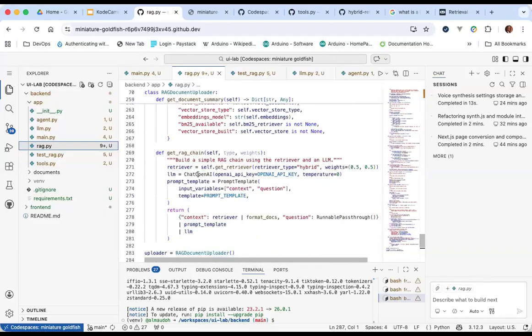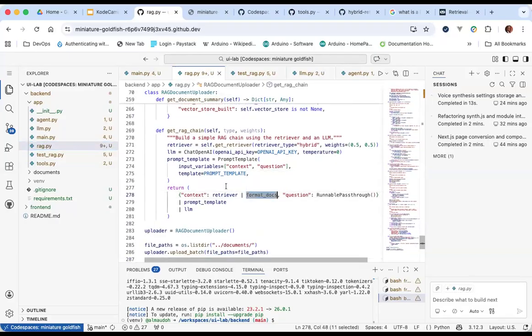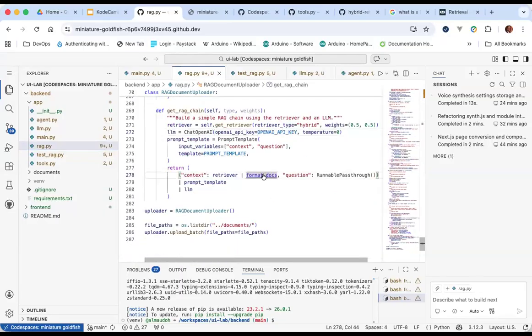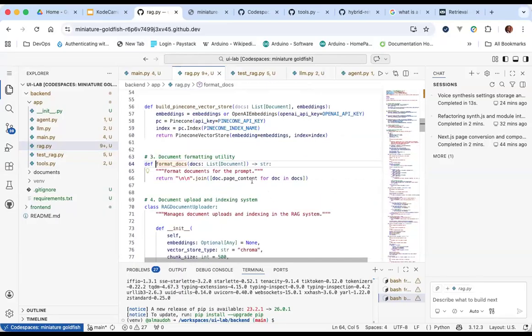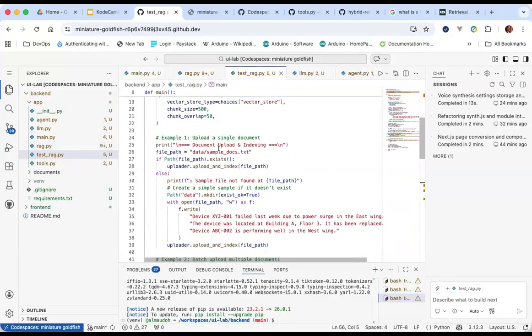So we have the chat OpenAI, we have the prompt template, and we have this, right? Where do we have format docs? Yeah, so if we have all of that here, this is just a repetition,